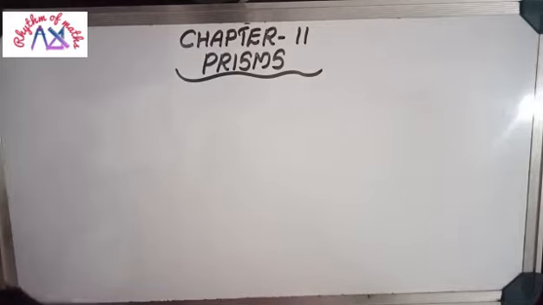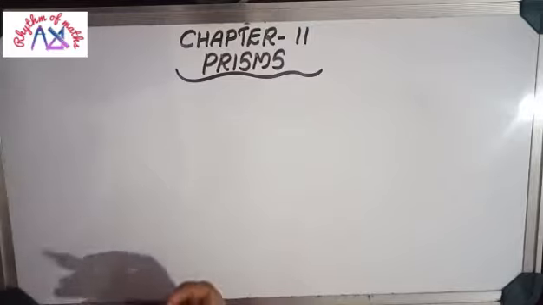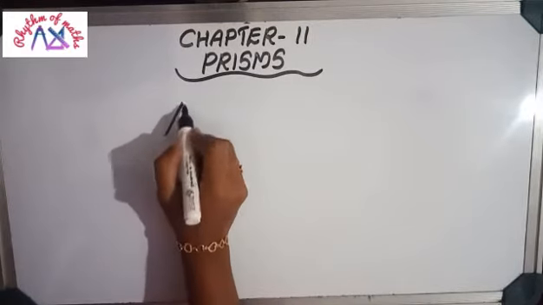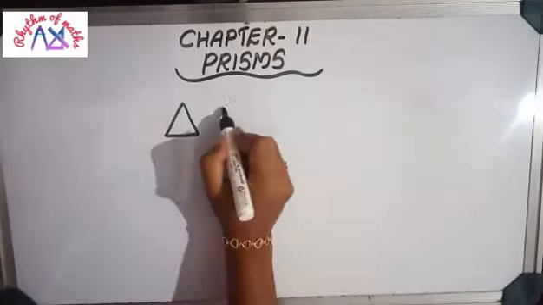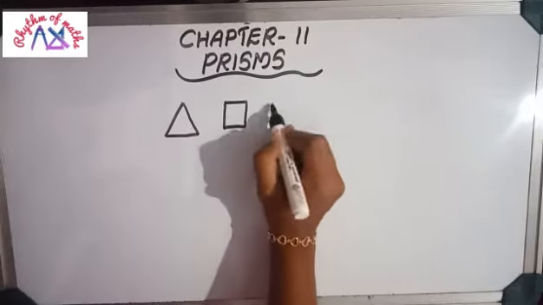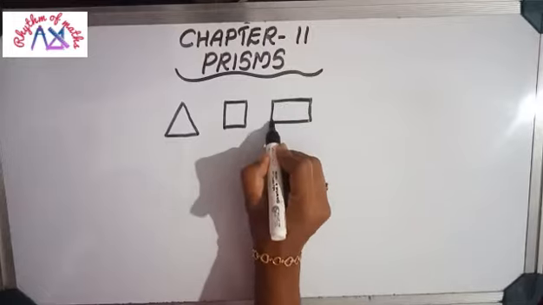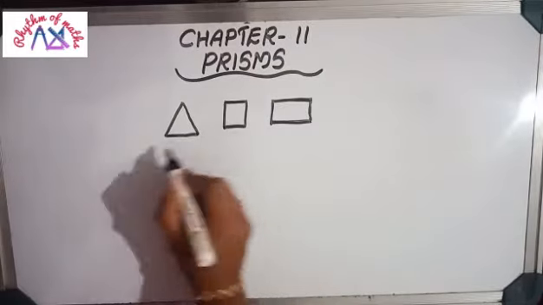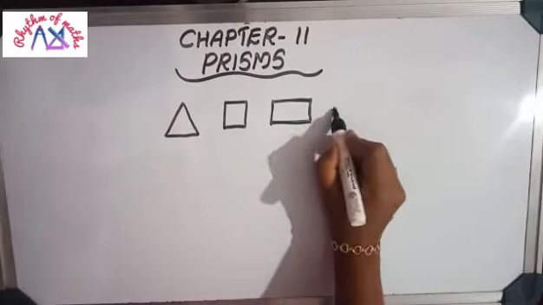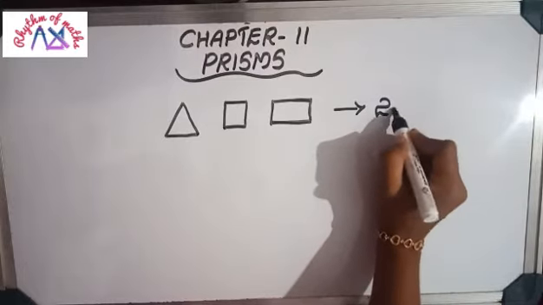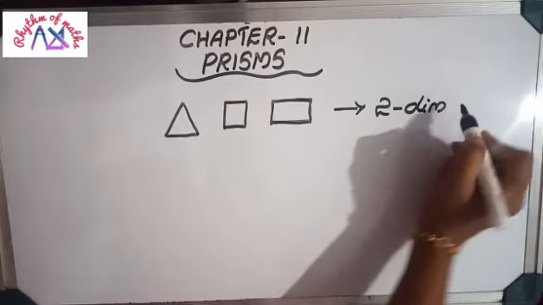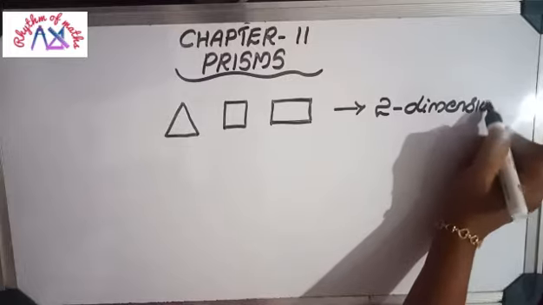Before that, you have already learned about different shapes, isn't it? In your small classes you have already learned about different shapes. Which all are shapes you know? Triangle we know. Okay, then square we have learned, then about rectangle. Like this is how many shapes you have learned. All these shapes we can name as two-dimensional. Why are all these two-dimensional?